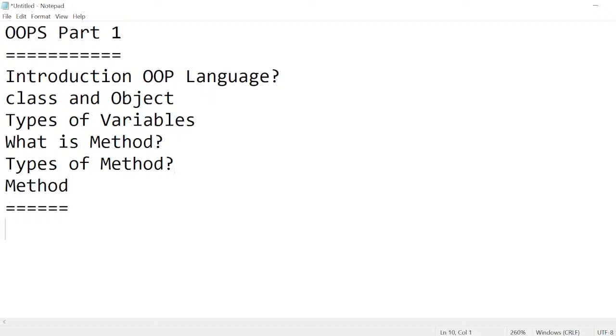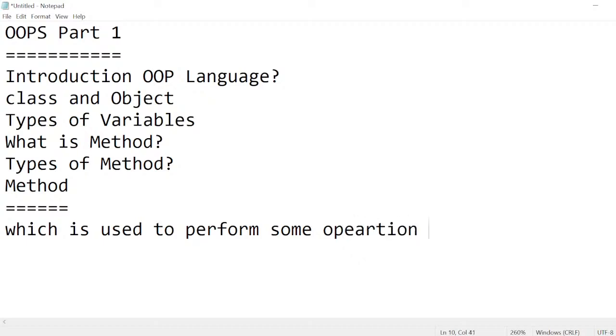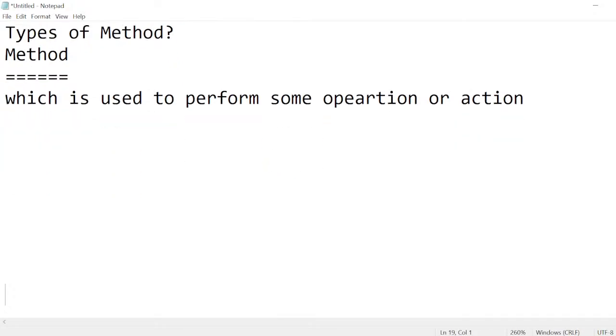What is a method? A method is used to perform some operation or action. We will do this with the method. For example, I will give you a scenario. You want to transfer an amount from one person to another person. The initial person name is, I would say,